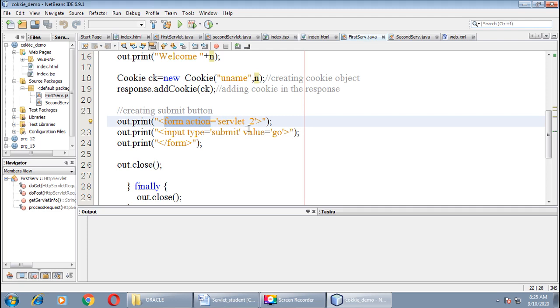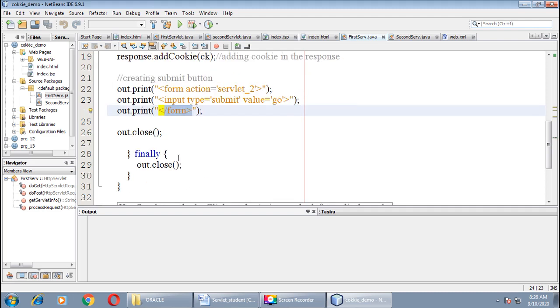I want to provide a submit button with value go. For that I have to write input type equals submit and value equals go, and then finally out.print, the form tag is over. Okay.